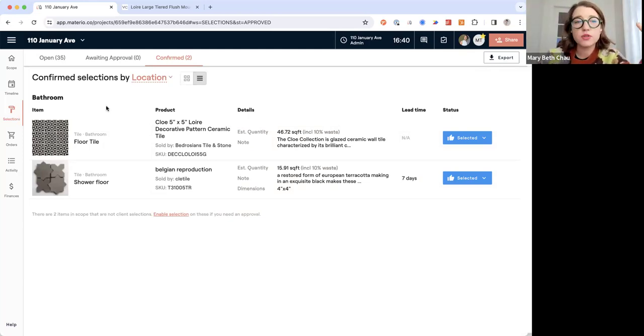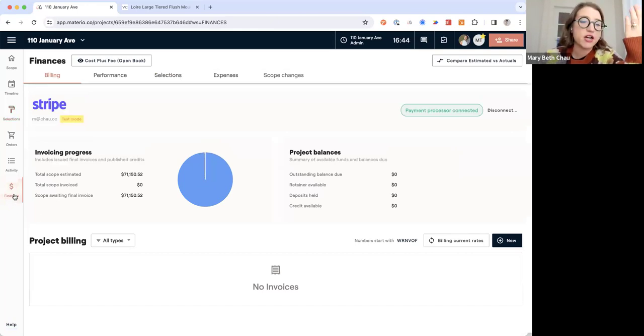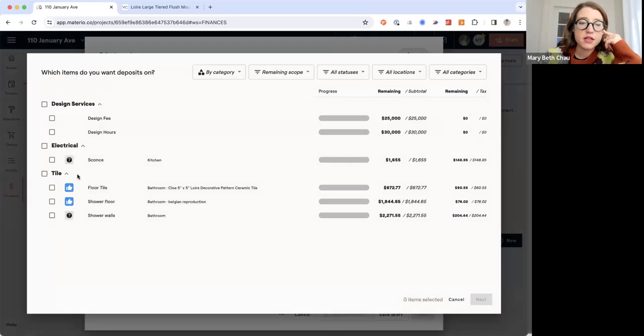Now, we are ready to take an invoice, and we didn't go over collecting retainers. I apologize, I jumped right in there. But when you're ready to collect payment on your products, we have videos on retainers specifically. If you need to collect design service retainers or explore that function first, check out the videos on our YouTube channel. But now I'm going to come in and I'm actually going to collect a deposit on these items that